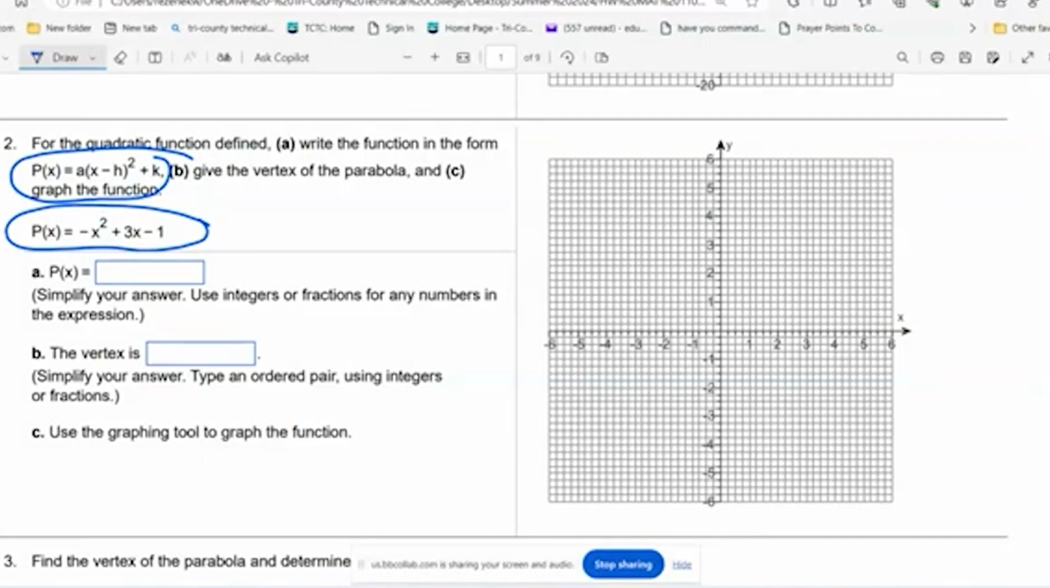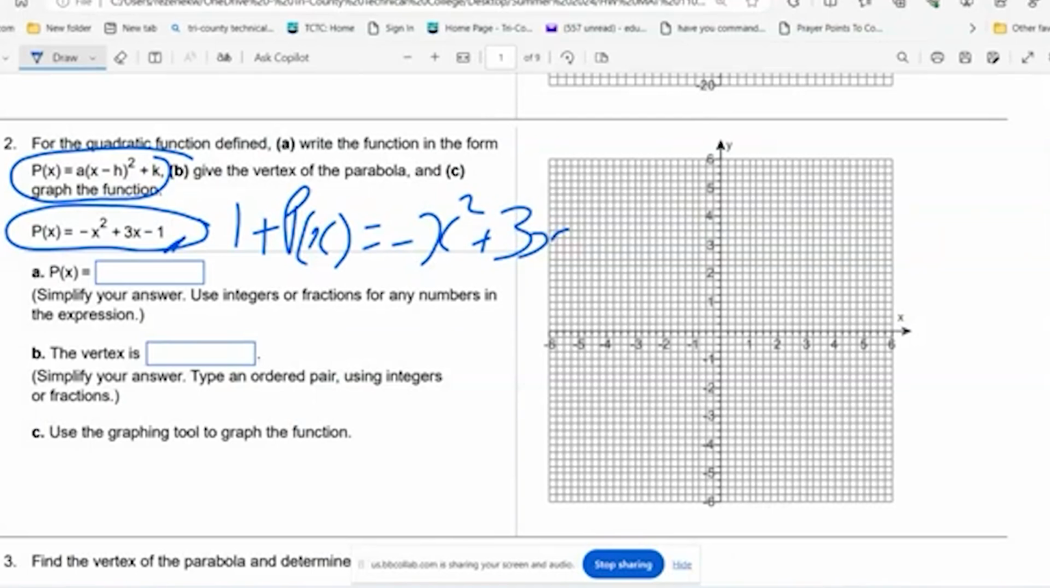So the first thing I want to do is throw the constant term to the left hand side. The constant term is -1, so I will now say +1 on both sides. 1 plus p of x is equal to whatever remains in the left hand side: -x²